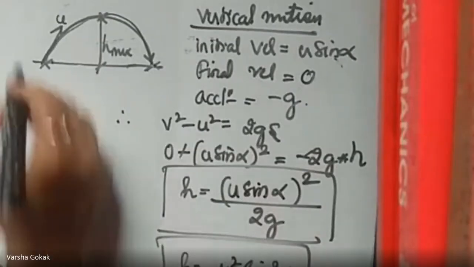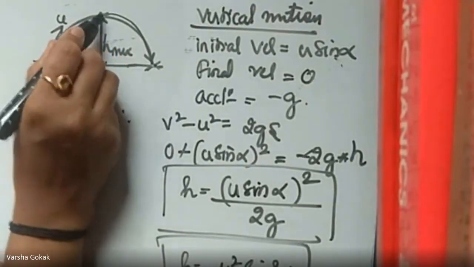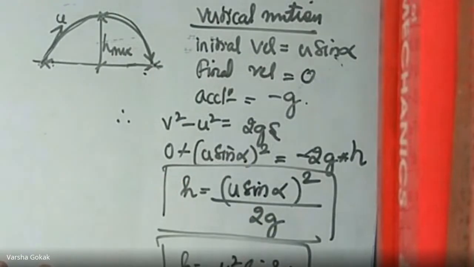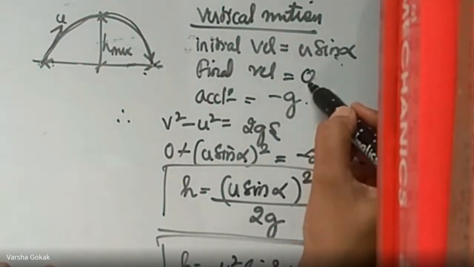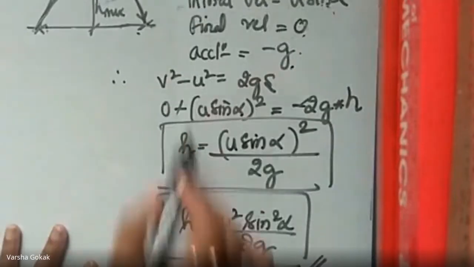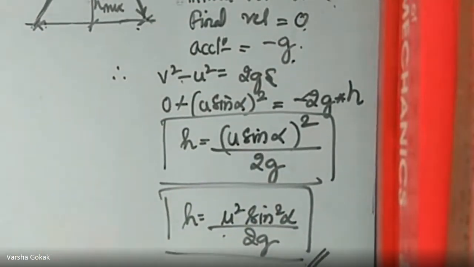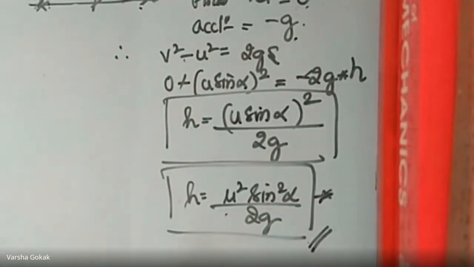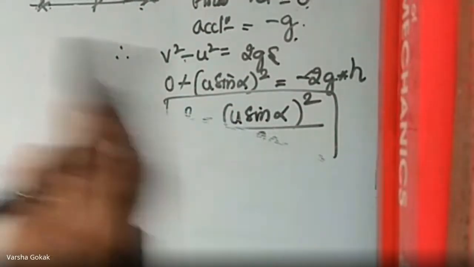Yes. So when a particle reaches a maximum height, it is going to drop down because of gravity. I will consider the vertical motion for that maximum height reached. So final velocity 0, initial velocity is u sine alpha, acceleration is minus g. Just simply substitute in this equation, you get this final equation of h equal to u square sine square alpha by 2g, that is for height. We will be making use of all these equations when we are doing the numericals.